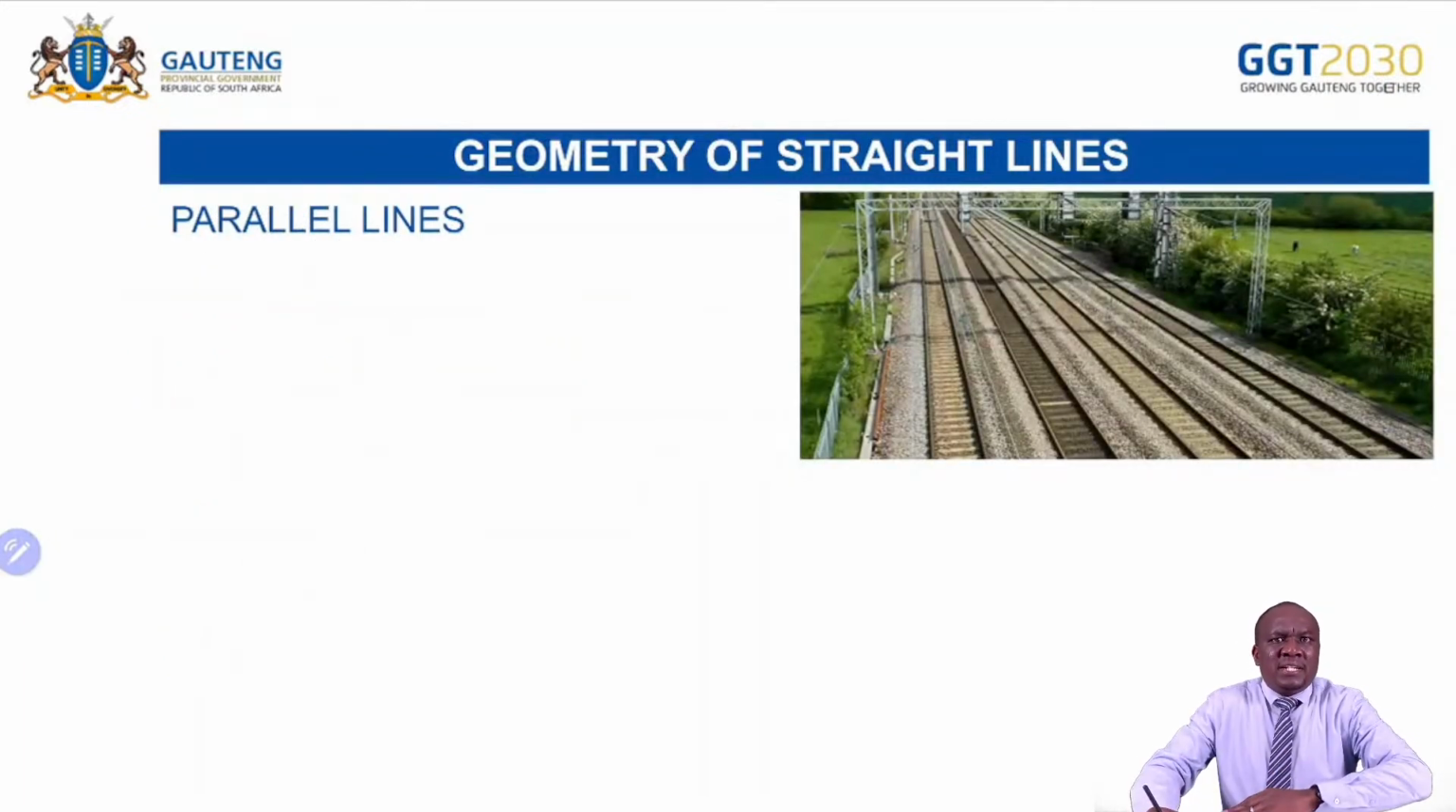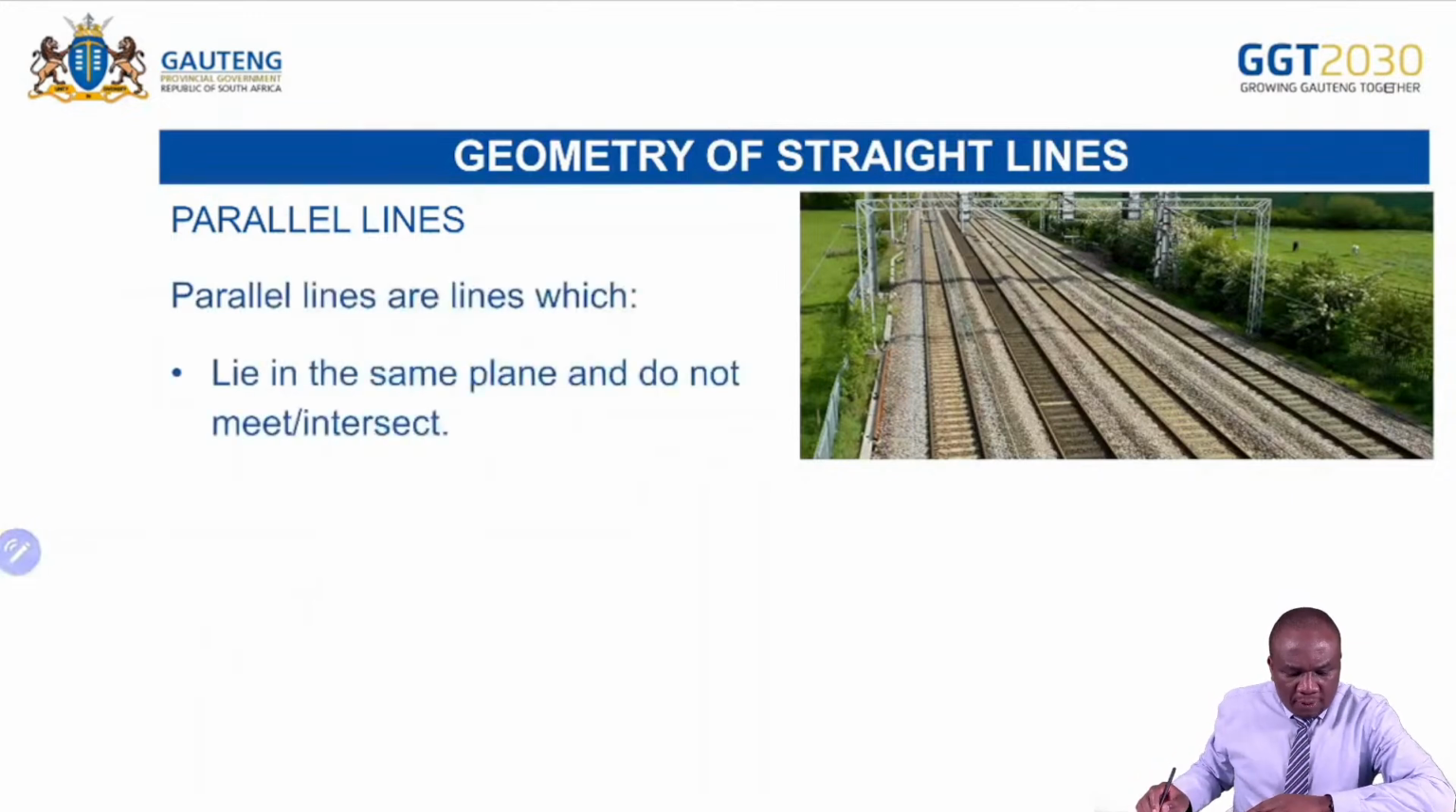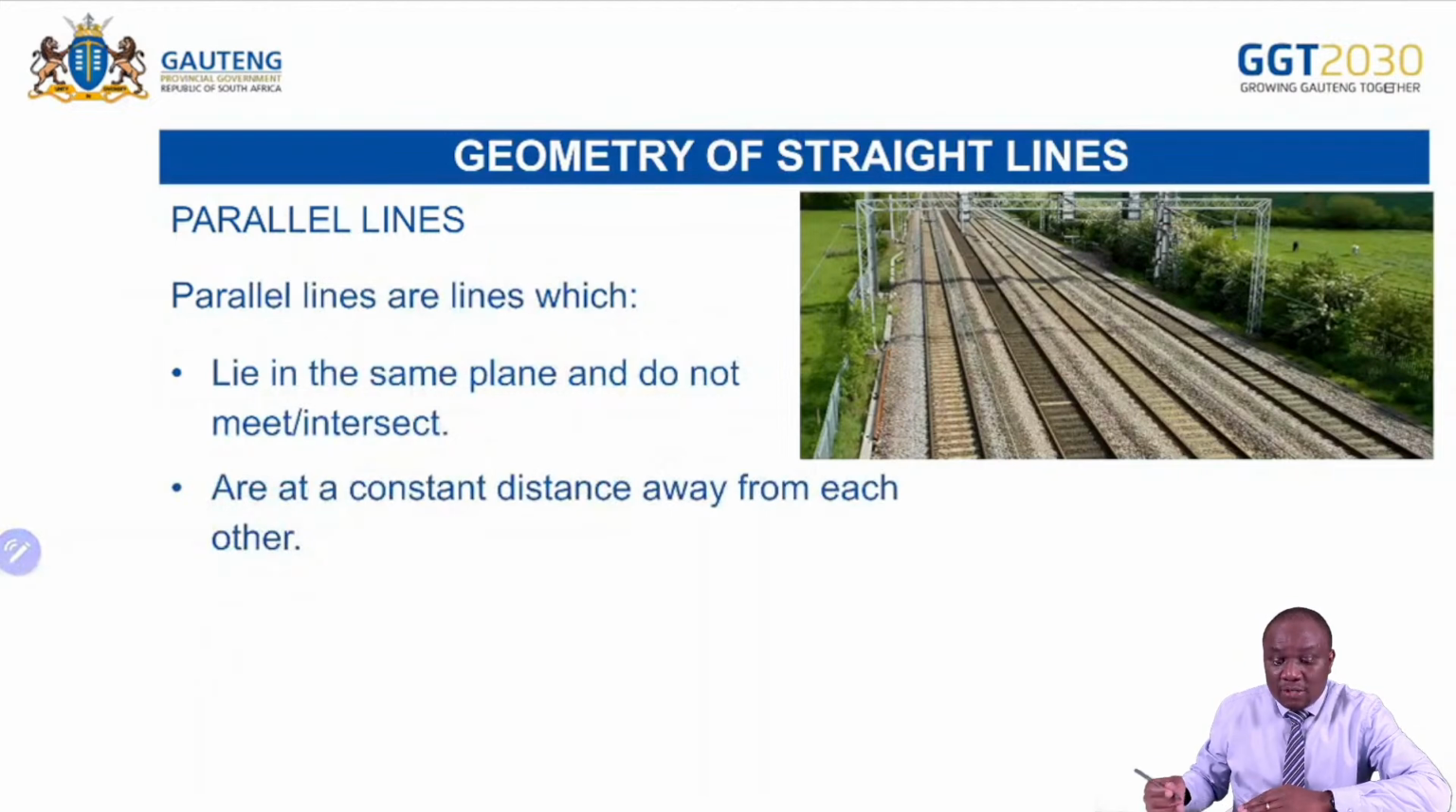What are parallel lines? When I say parallel lines, what are these parallel lines? We need to understand that. So parallel lines lie in the same plane and do not meet or intersect. They do not cross each other. They are equidistant from each other. This is a good example. The railway line. This line, my line. This line,